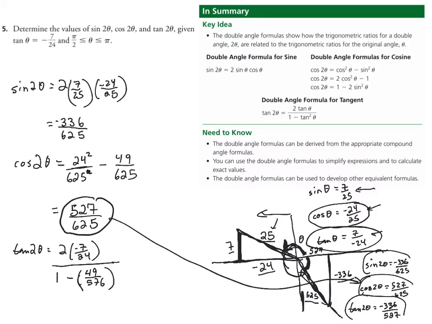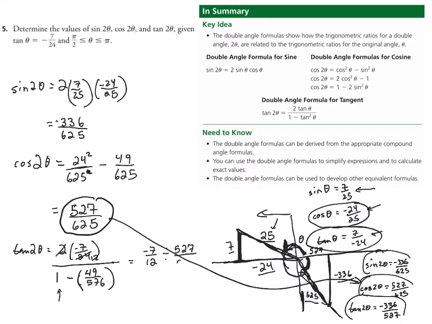There we go. Alright, so this is going to be negative 7 over 12, this 24 becomes a 12 when it cancels with a 2, divided by, now I've got to get a common denominator here, so this is going to be 576 minus 49, which is 527